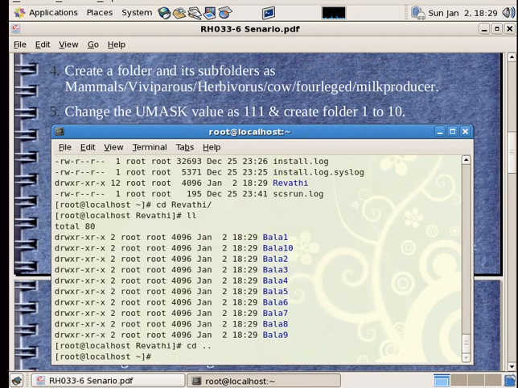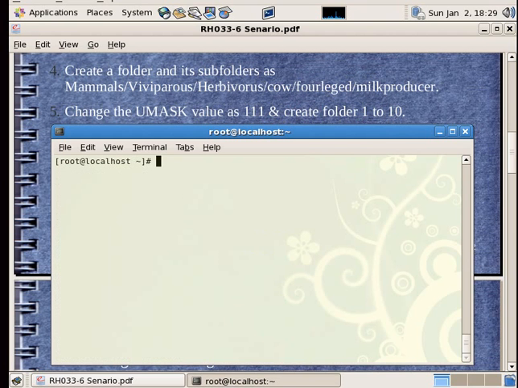Okay, I have to create a folder and its subfolders in this following order. I need not create first mammals, then cd into that and create this, then cd into that and create herbivorous, then cd into that and create cow. Rather, what I could do is I can type in this command of mkdir, same thing for make directory, and put -p. So if the path is not there, create it and then go. That's what it says. mammals,